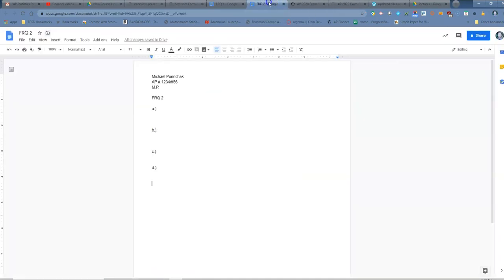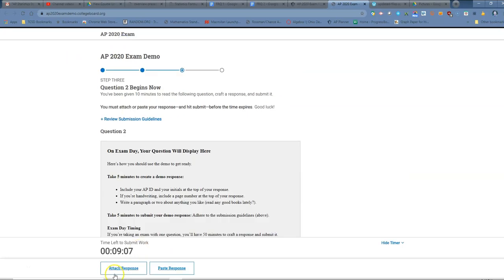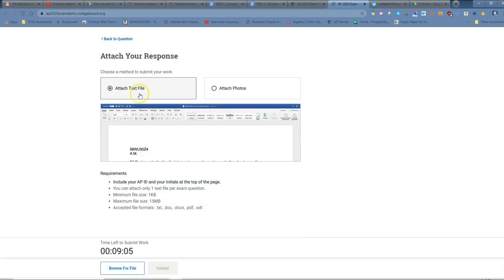I'd read the question, got it right into the FRQ2 here. You have that Google Doc already open. There's your work, easy to go. And again, if you're using a Google Doc, it's just easy to do the Control+C copy. And then when you are ready to go, you would hit paste response. Boom, there it is. Obviously, once again, you will have the options to attach the response through a text file